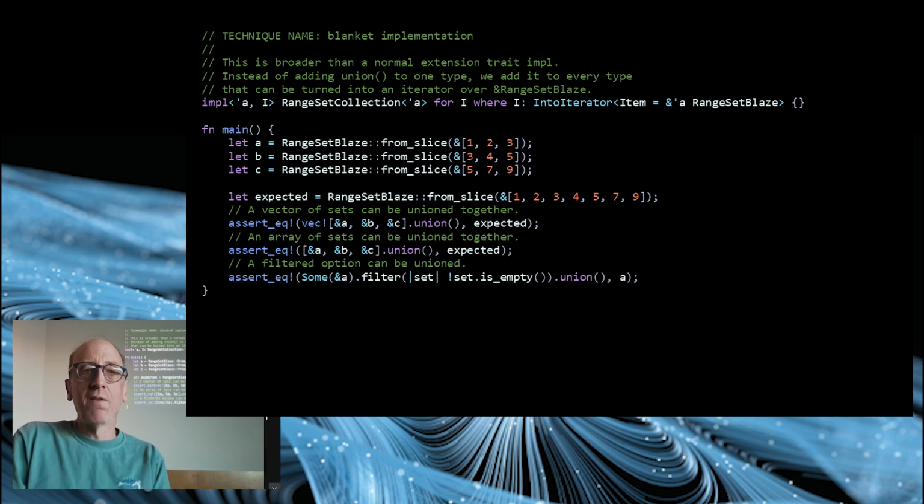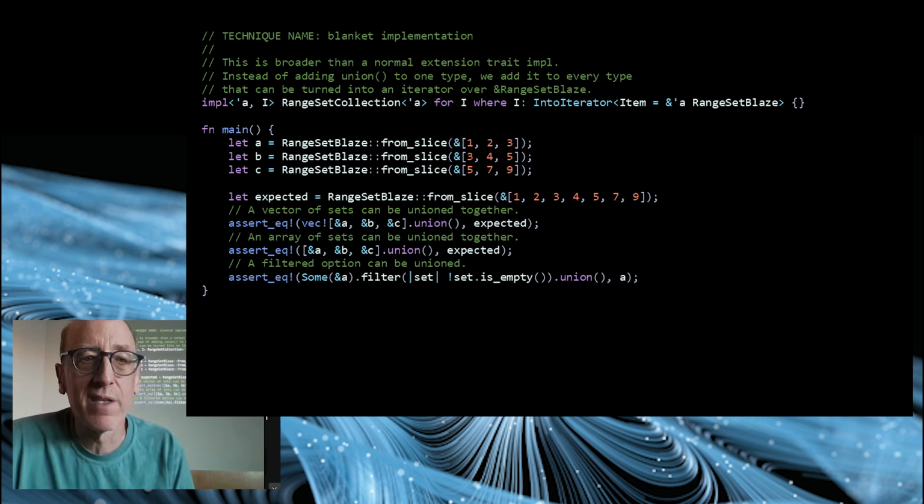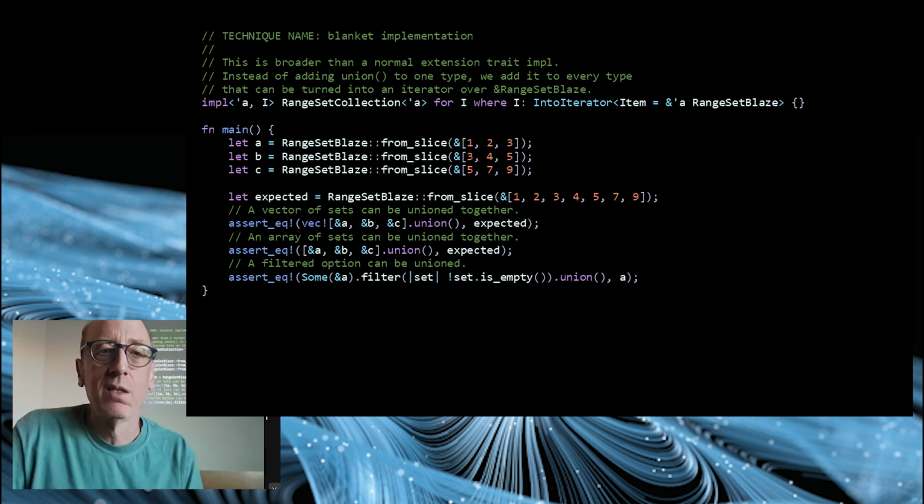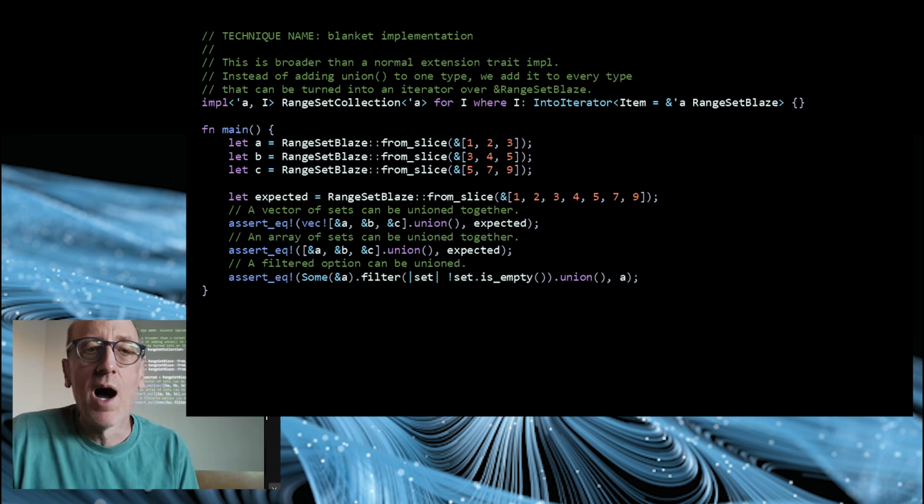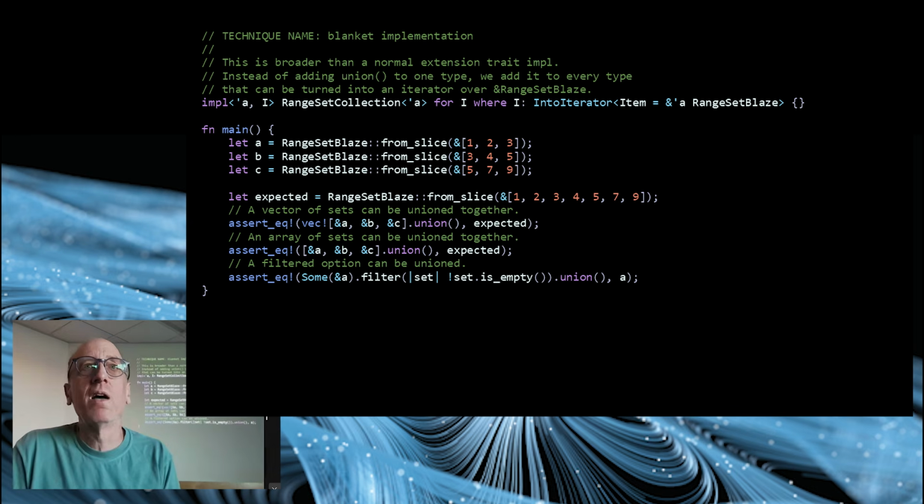And then if you look at the next one, we can take a vector of A, B, and C, and then say dot union on it, and we will get the range set Blaze that is the union, and we can see that it's equal to expected, as expected. So that's good. And it works with an array, but it can even work with what I would consider strange